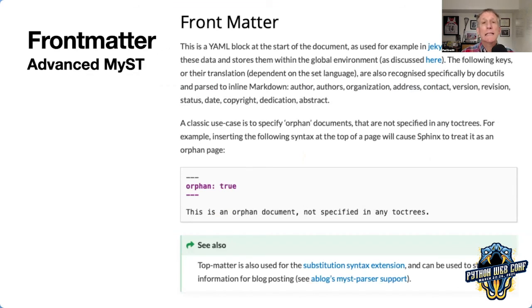But MyST really exposes this. You can do what looks like Jekyll YAML. If you've used Jekyll, if you use Hugo, if you use anything else out there, you know that their Markdown files have dash, dash, dash, YAML, dash, dash, dash, and then those values are available in your templates, in your system.